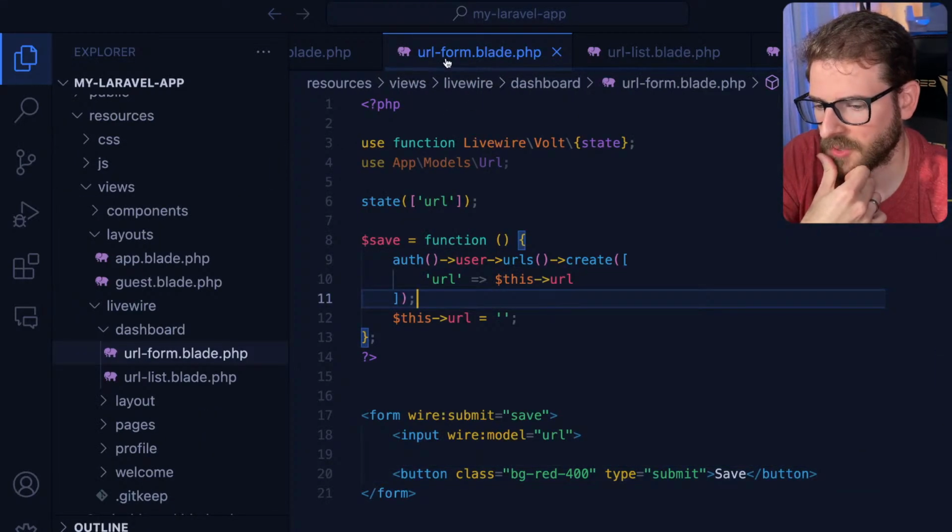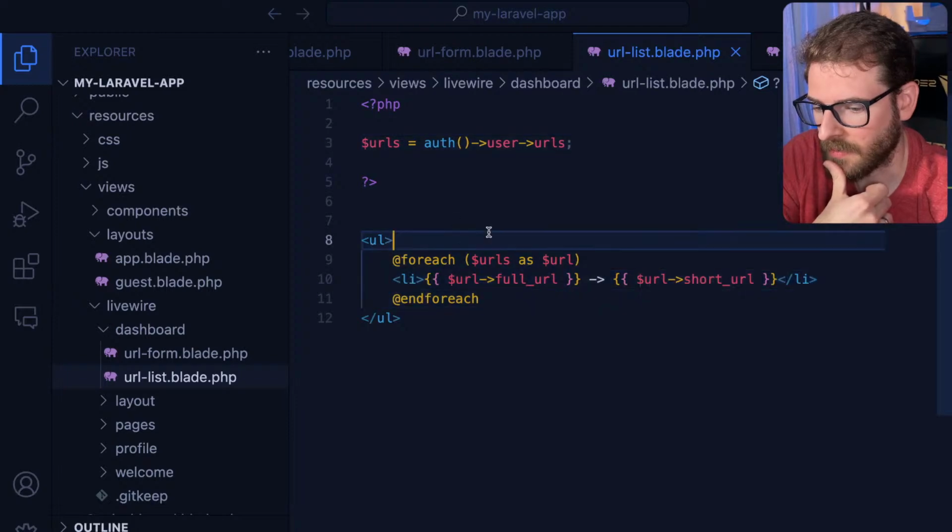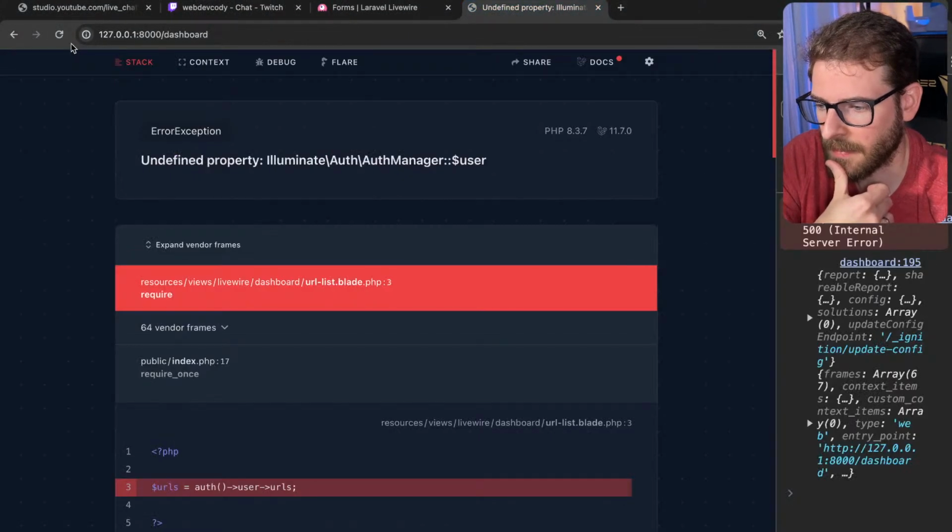Anyway, what am I trying to do here? I'm trying to display the list, right? And so this should hopefully get all the URLs associated with the user, and then we should loop over them and display them. So if we go back to our app,